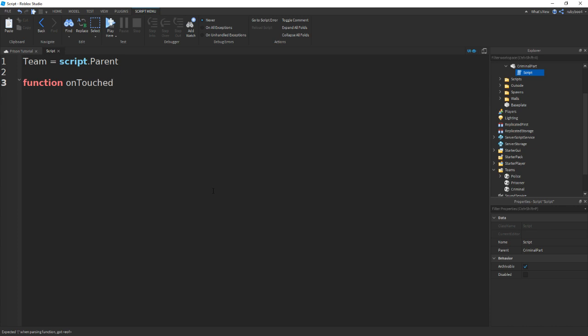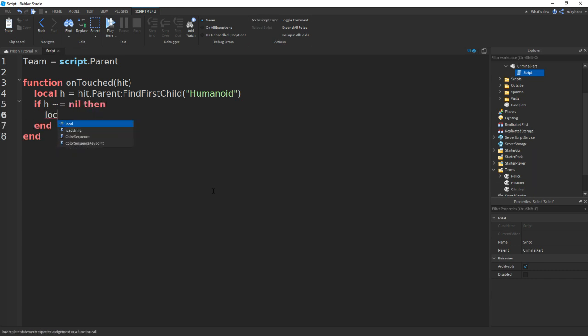And then we can do brackets and then hit, go down, and then we can do local h equals to hit.Parent:FindFirstChild("Humanoid"), go down, we can do if h doesn't equal nil then, go down, then local n equals to hit.Parent,